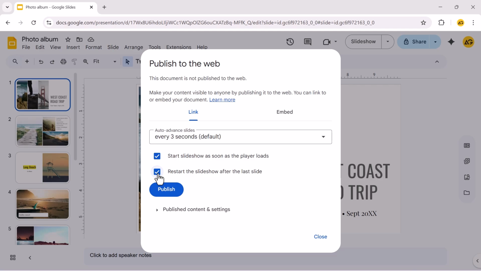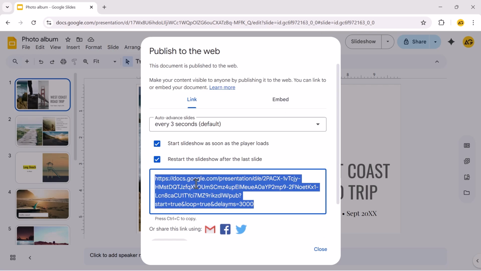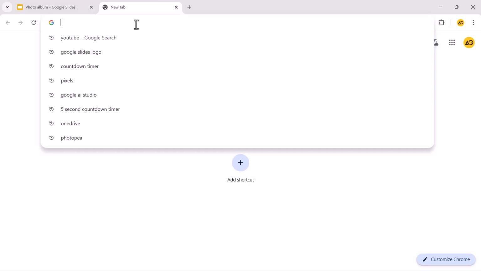Once you've set your preferences, click Publish. A pop-up will ask if you're sure. Just click OK. Now, a link will appear. Copy this link and paste it into a new tab in your browser, or share it with others by email